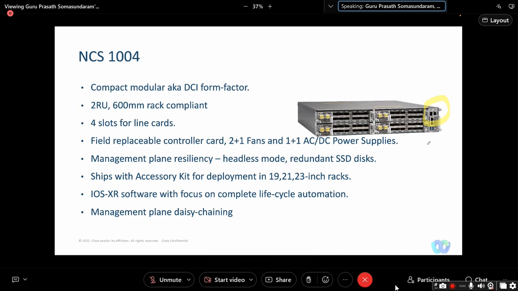Their request was not to combine multiple shelves into a single shelf, because there is more possibility of issues, and sync has to be there between two shelves always, so it creates more complexity. So it is kept simple, but still to satisfy the service provider segment, where they prefer as few IP addresses as possible,